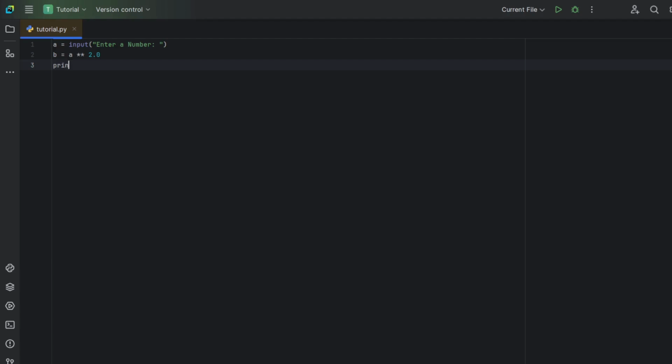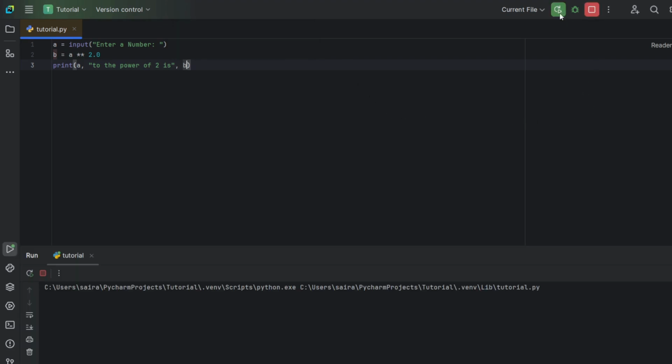Then let's print A, comma, space, quotes, "to the power of 2 is", B.